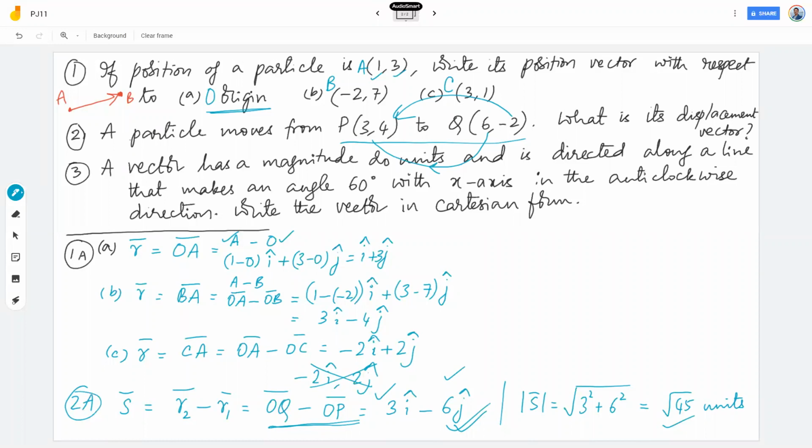Very well. You mean to ask if the vectors can never be negative. Displacement can never be negative. Acceleration can never be negative. Vector quantities can never have negative magnitude. In any question or numerical or in any book, if you see someone says displacement equal to minus 10, that minus is only for direction, not for magnitude.